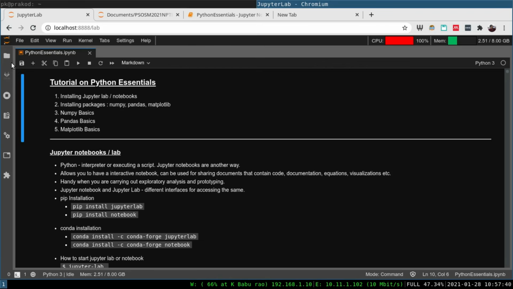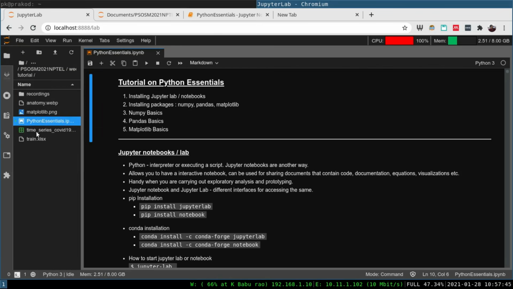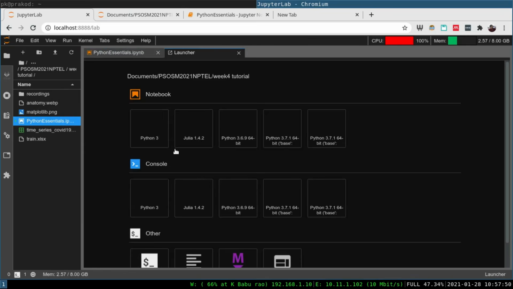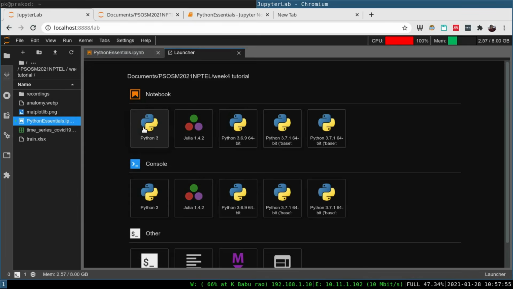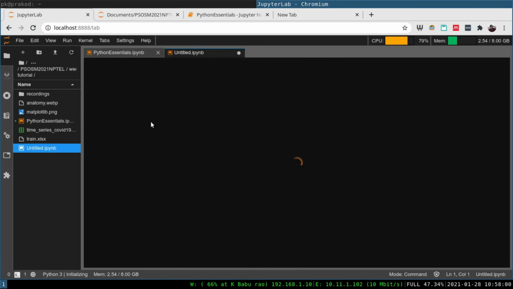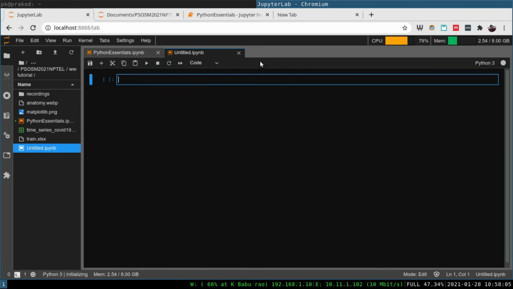It also has certain other panes where you can look at your file directory, where you can open a new notebook. If you click on this, it allows you to open a new notebook, right? So if I just click on it, it opens a new notebook and you can save it and work from there. You can see that the new file is created here, and you can create a new folder and so on and so forth, right?